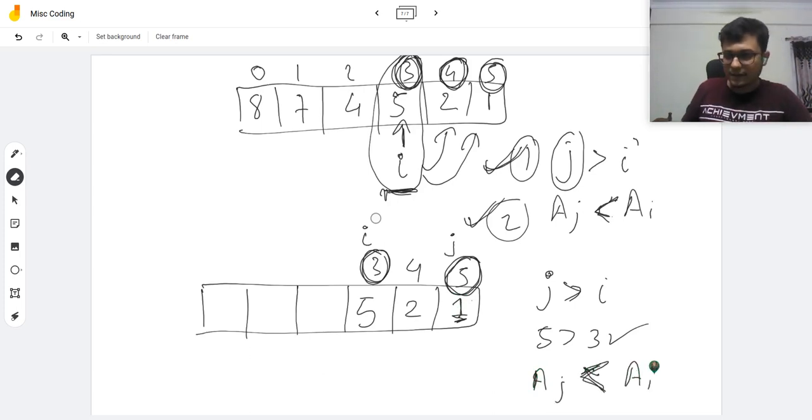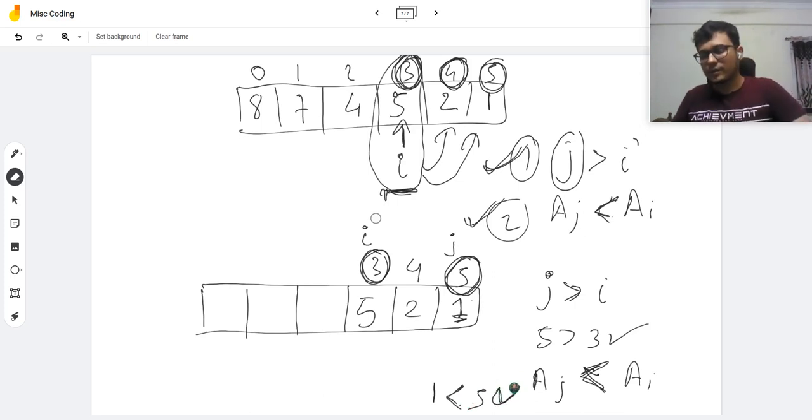And in this case this condition is also met. 1 is strictly less than 5. Here a of j is 1 and a of i is 5, so 1 is strictly less than 5, so this condition is also being met here. And hence what we can say is that this friend i, which is at position number 3, can give a chocolate or distribute a candy to the friend at position 5, which is our jth friend.